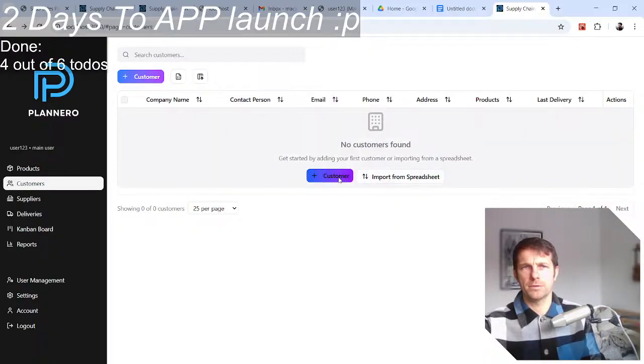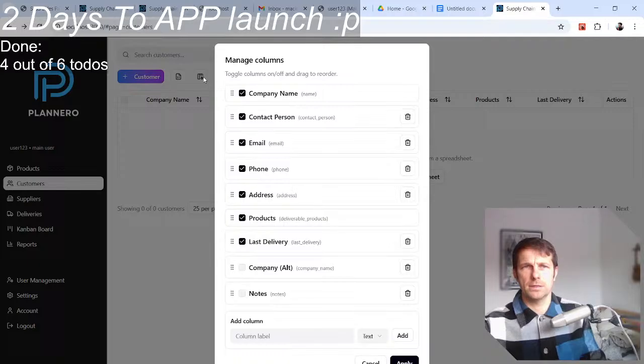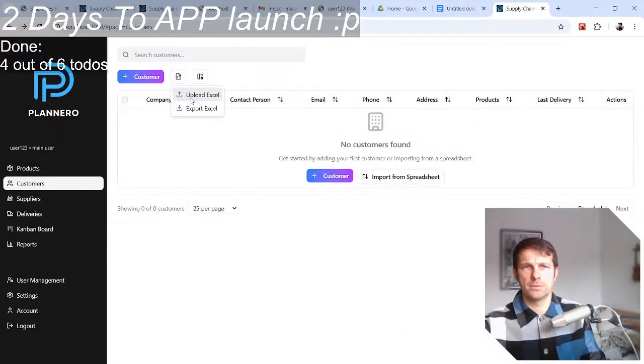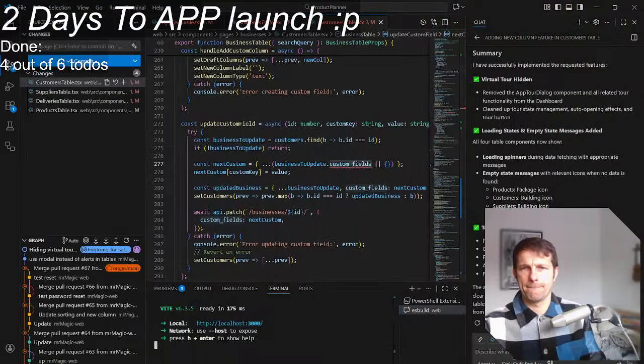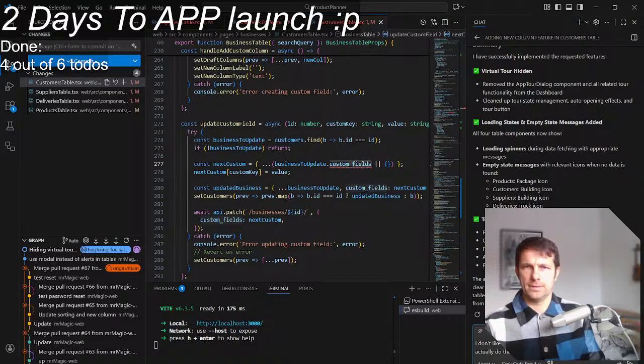The import from spreadsheet button should use the same action as the upload Excel button. It should do the same, same action as upload Excel.